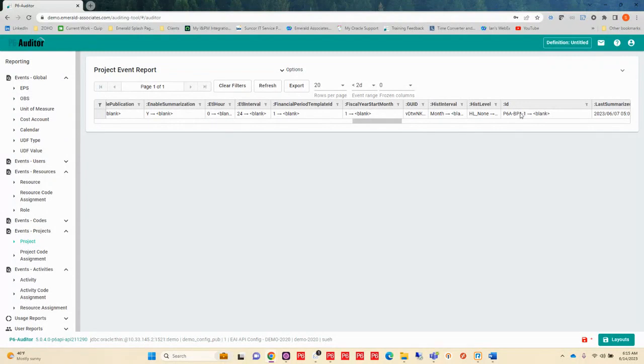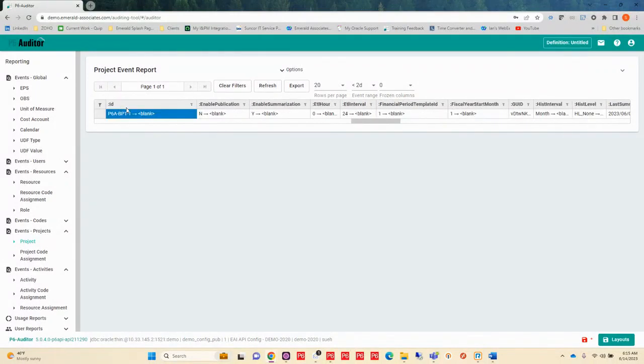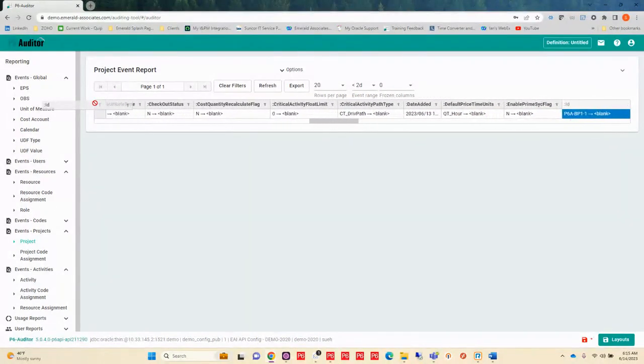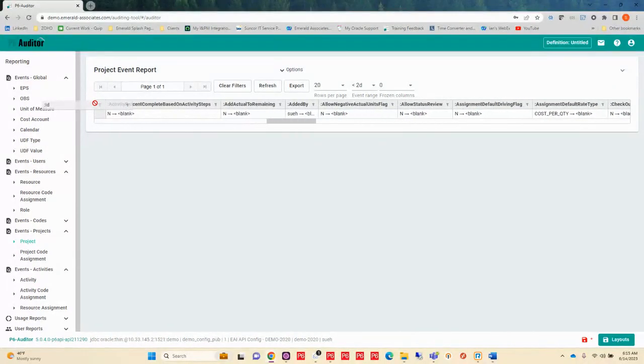And so I can see that this is the project I'm looking for, that P6A BP-1. Again, I'm going to bring that up to the front so that it's a little easier for me to take a look at, and it's not dragging. There we go. Once I bring that up to the front, it's going to help me identify that project that was deleted, and it takes a little while to drag it. So once I have it dragged where I want it to be,